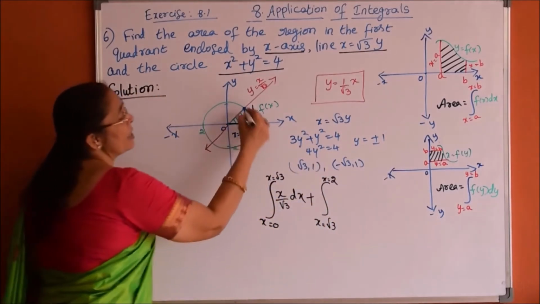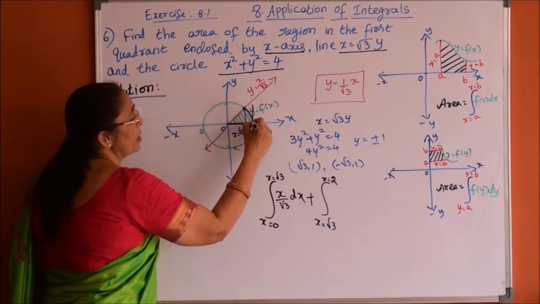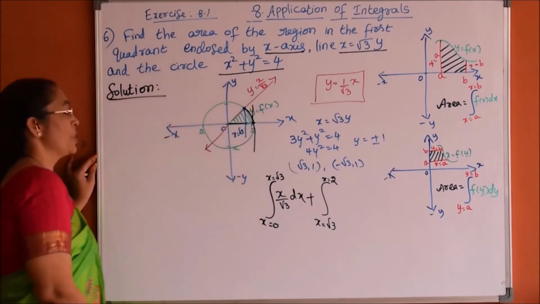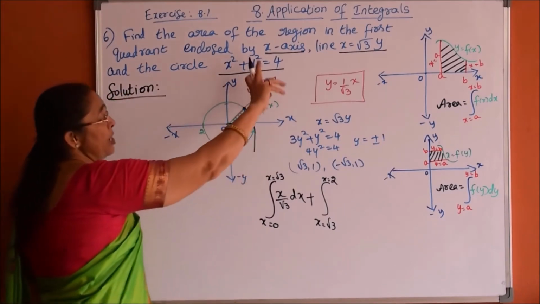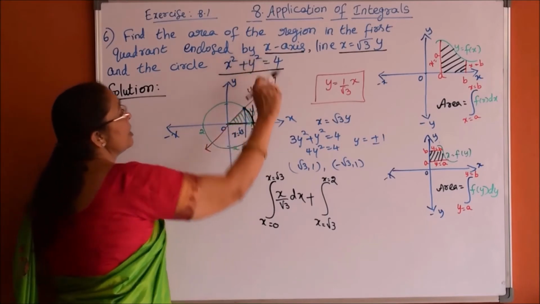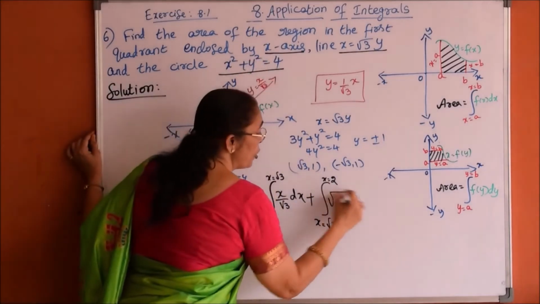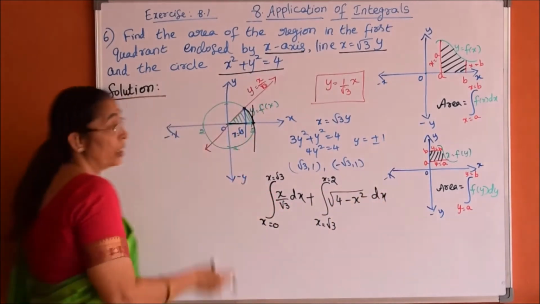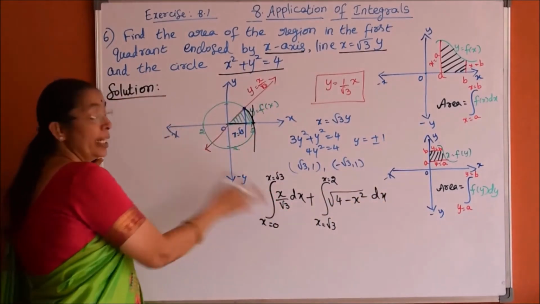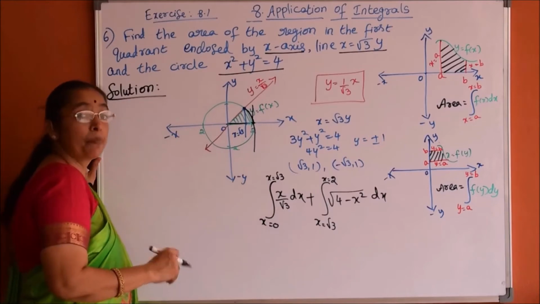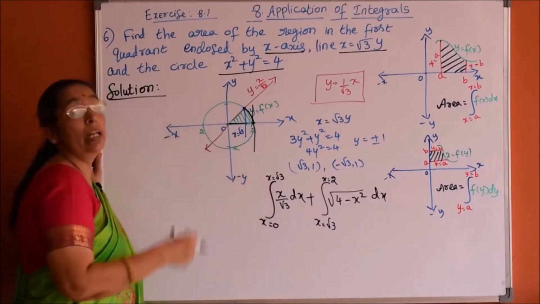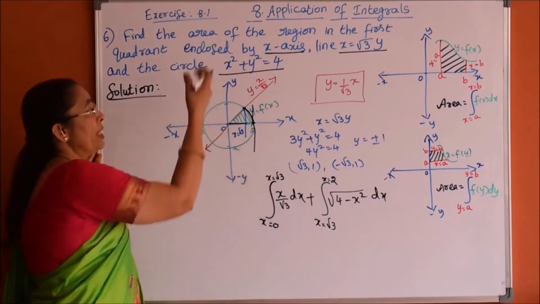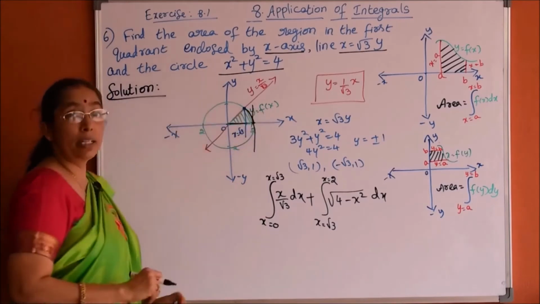Which curve now in this? This is part of the circle curve. So, the circle is nothing but y is equal to f of x, which when written becomes y is equal to root over 4 minus x square dx. I hope how we framed the integral is clear. Fine. Now, we have to evaluate the integral and apply the limits. We will get the area covered by this region.